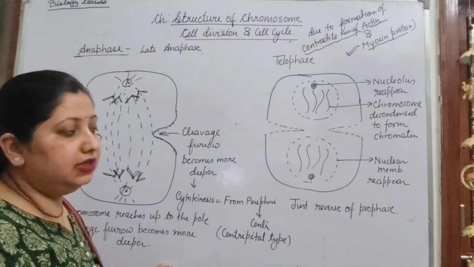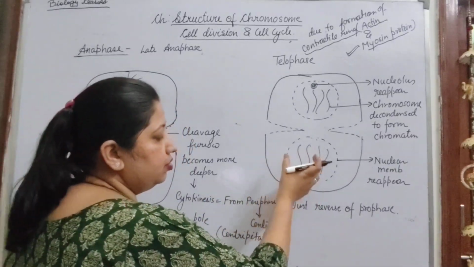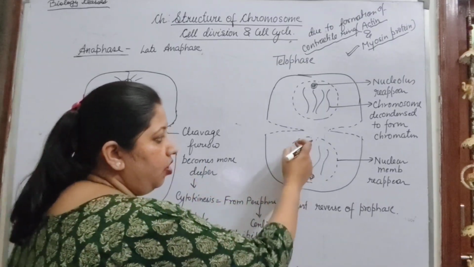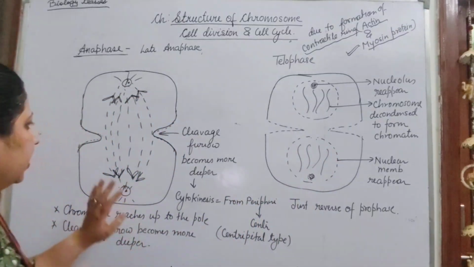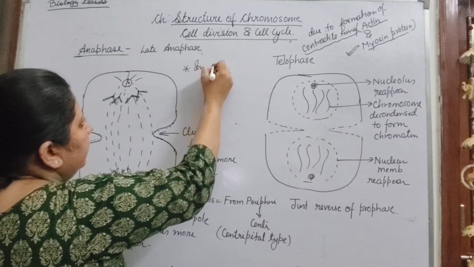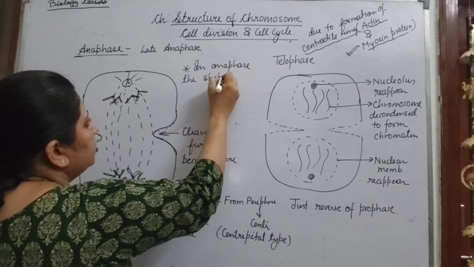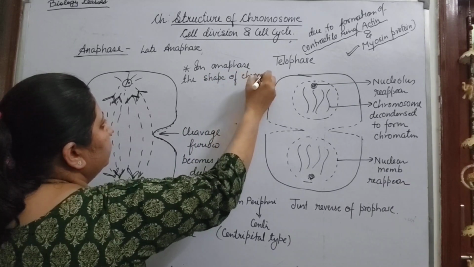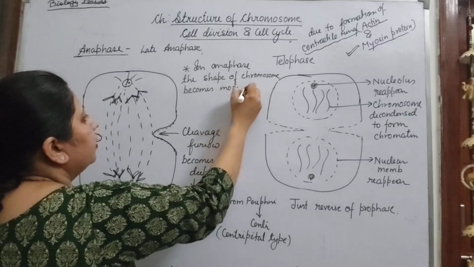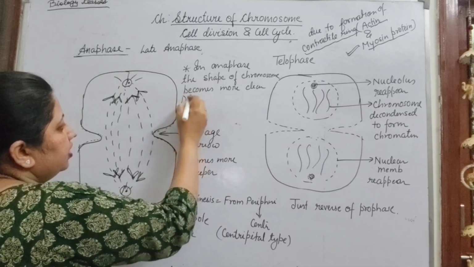Okay, so in the prophase what we have seen, that is nuclear membrane अब डिसैपियर हो रहे हैं, न्यूक्लियोलस डिसैपियर हो रहा है, और जो अब क्रोमोसोम है वो अब कंडेंस्ड होना शुरू हो जाते हैं, और वो अब जो क्रोमैटिन होते हैं वो कंडेंस्ड होना शुरू हो जाते हैं और क्रोमोसोम का शेप ले लेते हैं, यानी क्रोमोसोम के फॉर्म में आ जाते हैं। यहाँ पर एक चेंज और है, दैट इज द शेप ऑफ द क्रोमोसोम। In the anaphase the shape of chromosome becomes more clear,